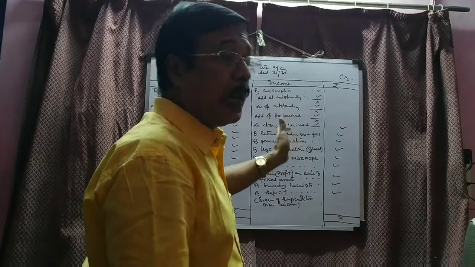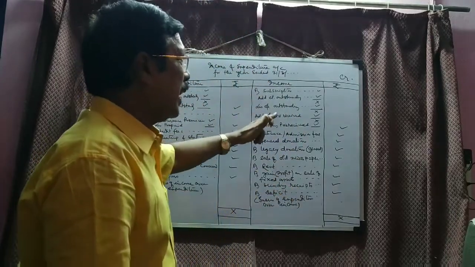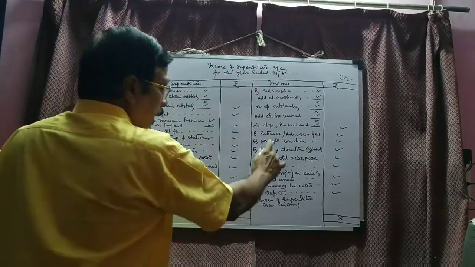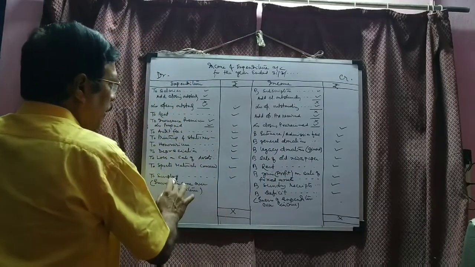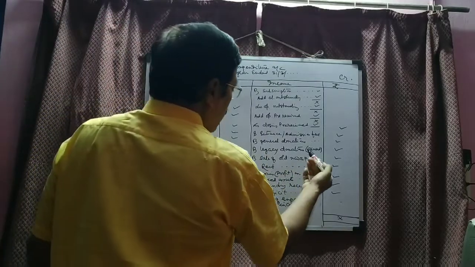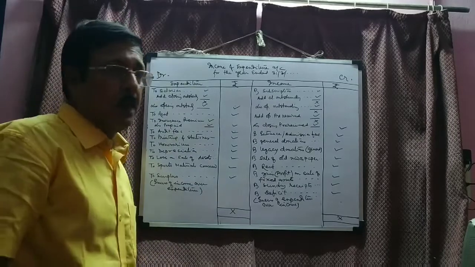All the revenue receipts related to the current year will be recorded on the income side, after adjusting outstanding to receive. And if the income side is more than expenditure, surplus. If the expenditure side is more than income, it is called deficit. I think all of you have understood.